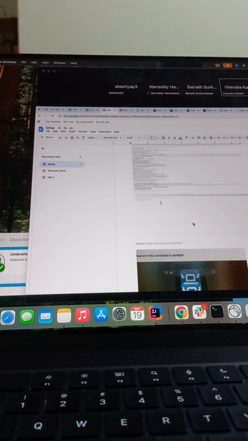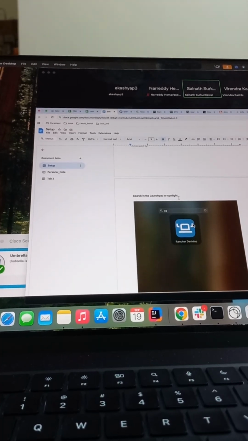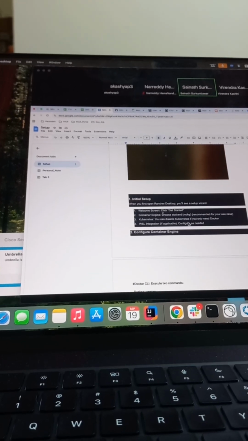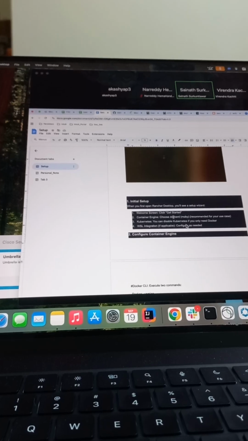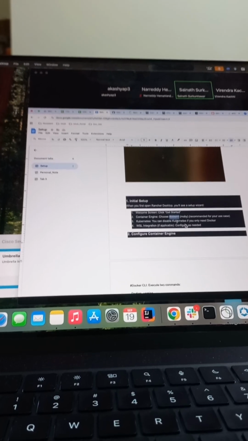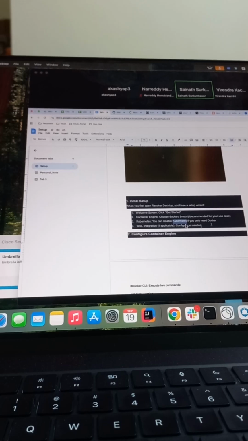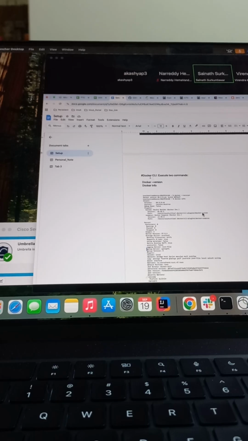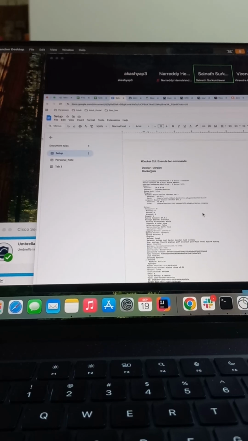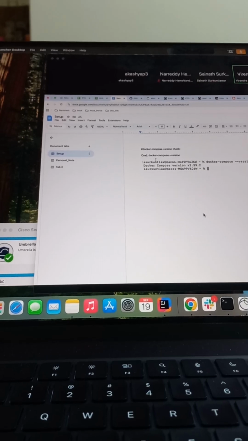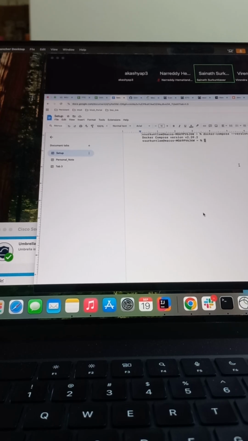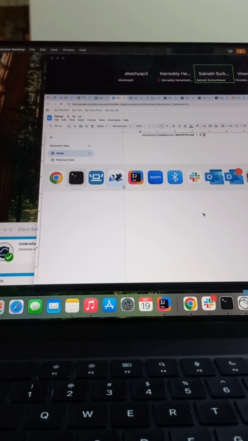Yes. After successful installation, I searched in Launchpad or Spotlight, and here I clicked get started. I chose Docker MD and disabled Kubernetes because we need only Docker, right? That's it. Going forward, I searched the Docker CLI command, just checking the version and info. That's it. And I checked the Docker Compose version. There is a Docker Compose version there. And when I launch this one,